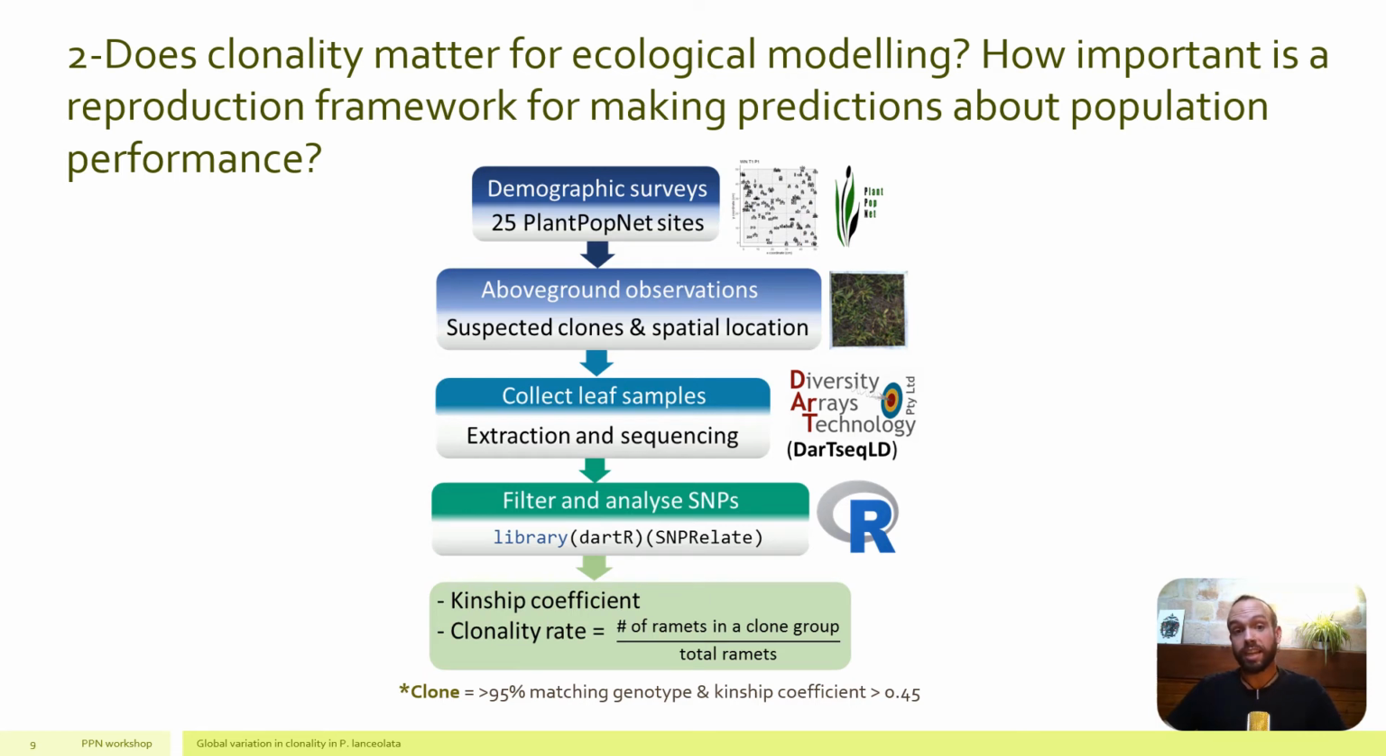So in our case, we are going to examine kinship coefficients between pairs of rosettes by genotyping by sequencing using DArTseq technology. And rosettes will be considered clones when they have more than 90% matching genotype and a more than 0.45